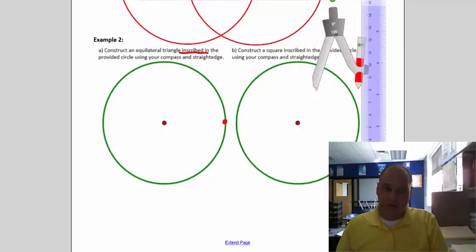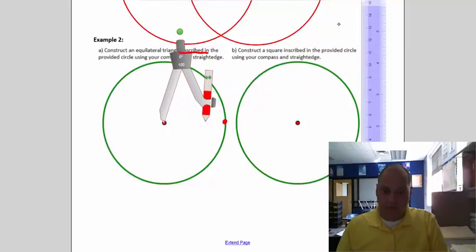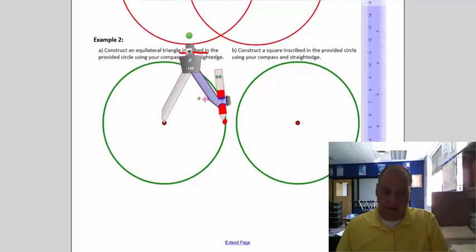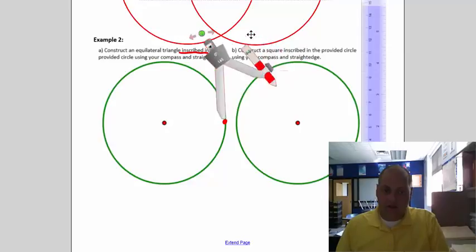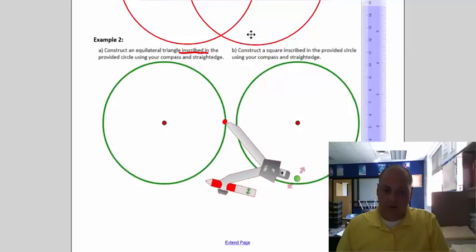So what we do for this one is we mark any point on the circle, and that's going to be the radius right there. So we're going to put our compass right there. Okay, and let's get that radius length. There it is. Okay, now turn your compass around. Put that compass point on your point that you had, and swing that compass around to create